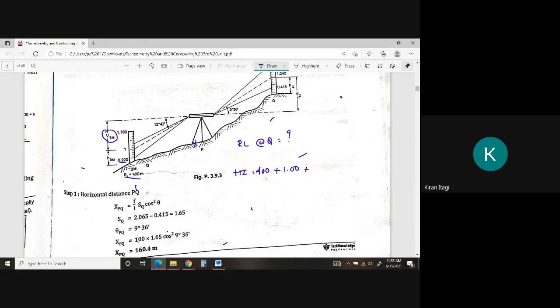I will calculate the VBM, vertical distance at the benchmark, for the horizontal line of sight. From here to here, what is the distance to the central hair? It is calculated as first top hair minus bottom hair, which is equal to 1.56. Top hair is how much? 1.780 minus 0.2. So I have got this height.